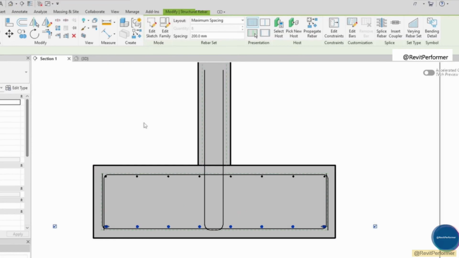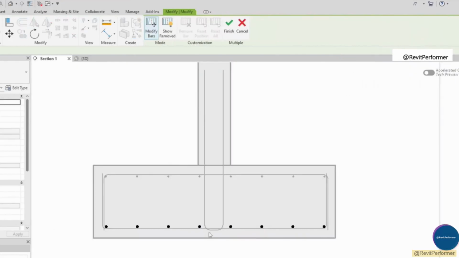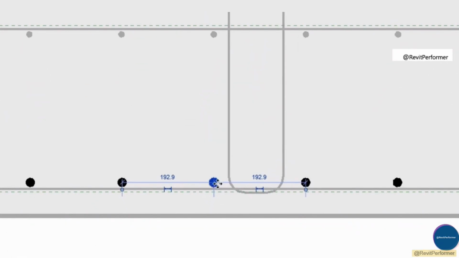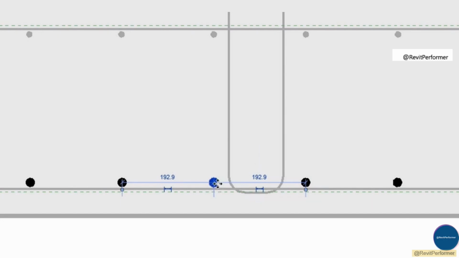To do this, select the rebar set I want to make the adjustment for and press the Edit Bar tool in the ribbon, and I will enter the Edit Bar mode where I can make the necessary adjustments. I go ahead and select the single rebar I want to edit. I can move it either by typing in a numerical value that relates to the nearby single rebar in the set, or by just dragging it into where I want it to be.